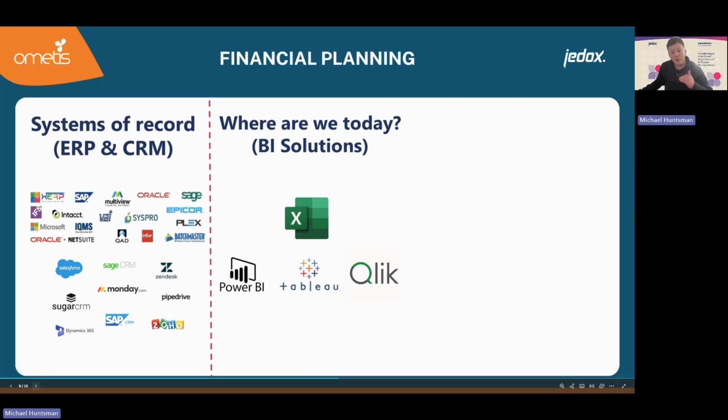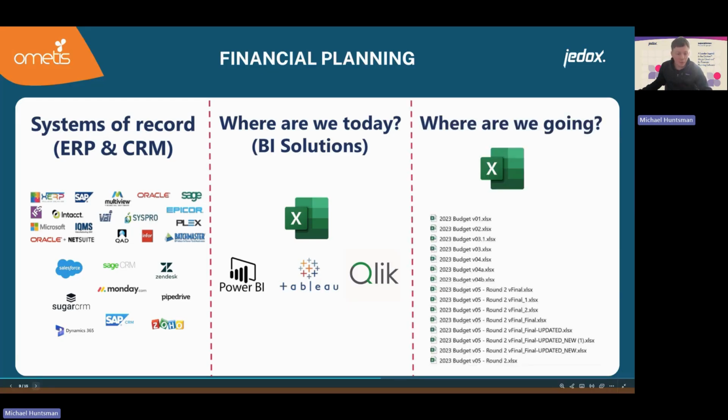These tools are great for allowing companies to make reports, identify trends, and gain insights from the current and historical data that's available. This is crucial for understanding past performance and making informed decisions based on what's already happened. However, when it comes to forecasting and planning for the future, there's a noticeable shift in the tools that businesses use. Despite the availability of advanced planning tools, many companies still rely heavily on Excel and spreadsheets for